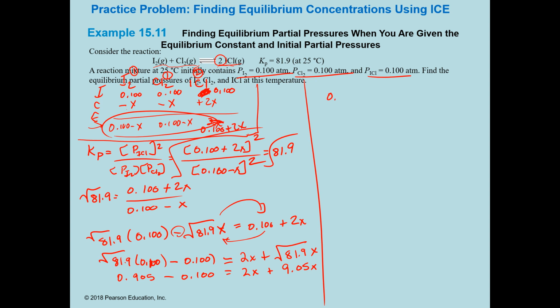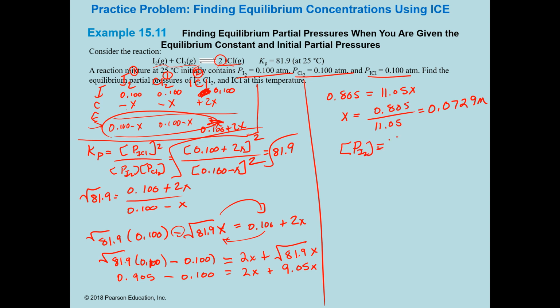So 0.805 is equal to 11.05x. X equals 0.805 divided by 11.05. That equals 0.0729 molar. All right, and so the concentration of I2, or I'm sorry, the partial pressure of I2 is the